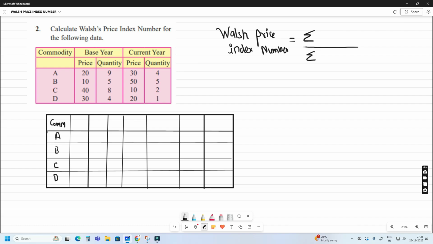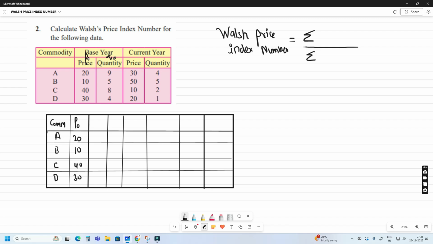आज हम करने वाले हैं वॉल्श प्राइस इंडेक्स नंबर। यहाँ पर आपको चार चीज़ दी हुई हैं: बेस ईयर और करंट ईयर, प्राइस और क्वांटिटी। बेस ईयर को आपको हमेशा P0 और Q0 कंसीडर करना है। तो P0 का वैल्यू यहाँ पर दिया हुआ है, हम बस लिख देते हैं: 20, 10, 40, 30।